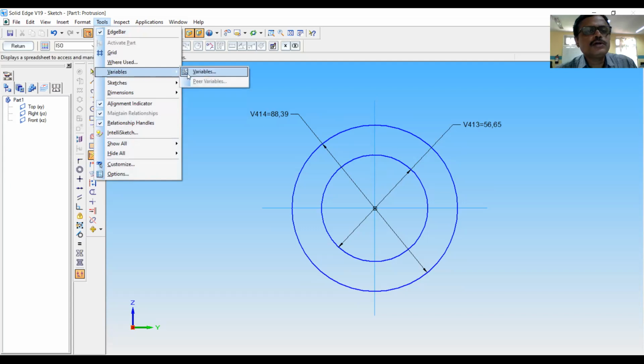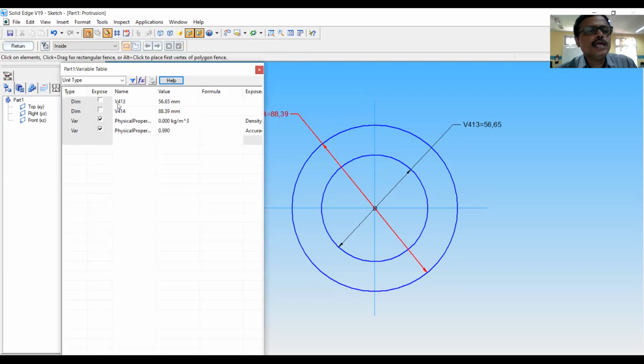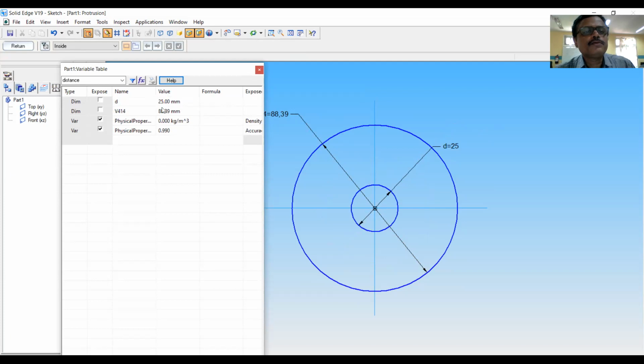Go to tools and variables. In variables table, you can see this V is shown here. So it is the diameter of the shaft. I will write it as small d and enter the value as 25. So diameter of the shaft is 25, that is entered here. Next diameter is HD. We can call it as hub diameter. I will write the variable name as HD, and for this I will be entering the formula.